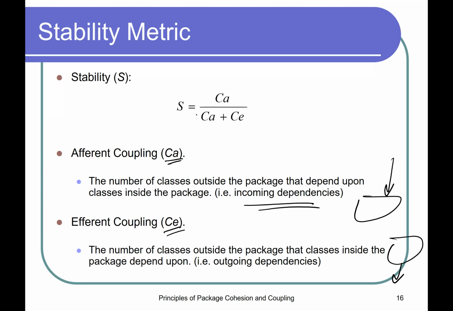Basically, as you can see, I'm adding the total at the bottom. That's the total number of lines in and out. And at the top is the percentage, the ratio of the ones coming in. Now, if the ones that are coming in are very high and the ones that are leaving are very low, so it's almost like this is very high, this is very high, and this is very low, then the number that I'm going to compute is going to be almost equal to, if not equal to,